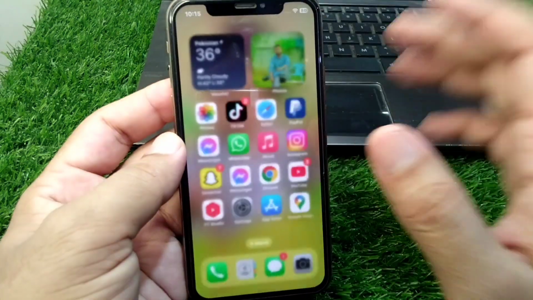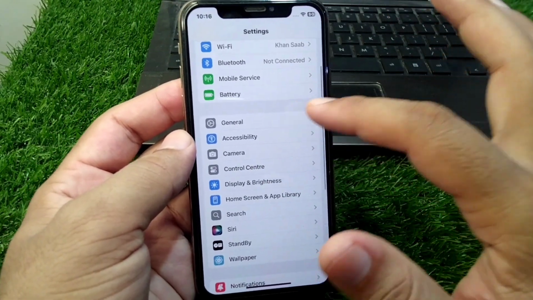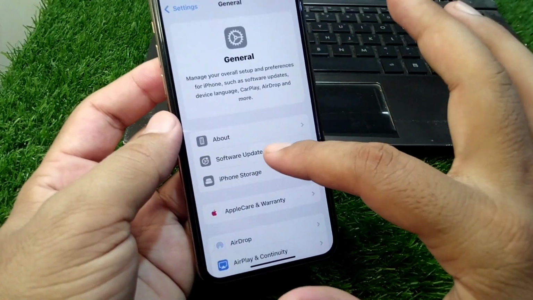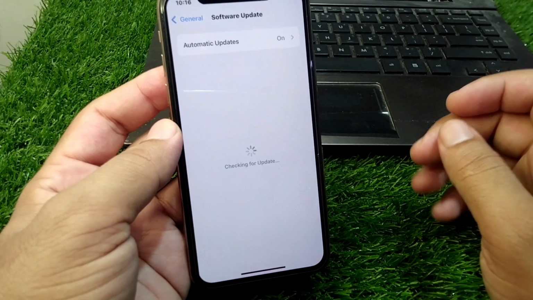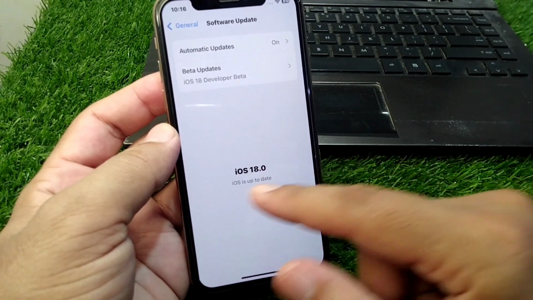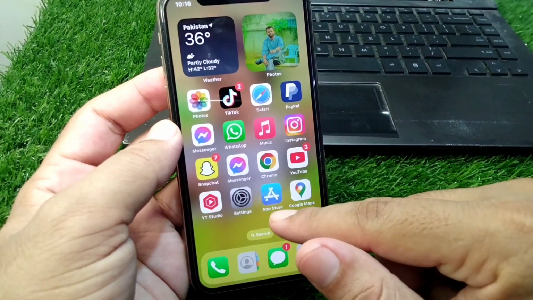So guys, first of all, you have to make sure that you are using the updated version of iOS, that is iOS 18. Here you can see the updated version. Here you can see I am running iOS 18.0. So guys, first of all update it, and after this you have to open the App Store